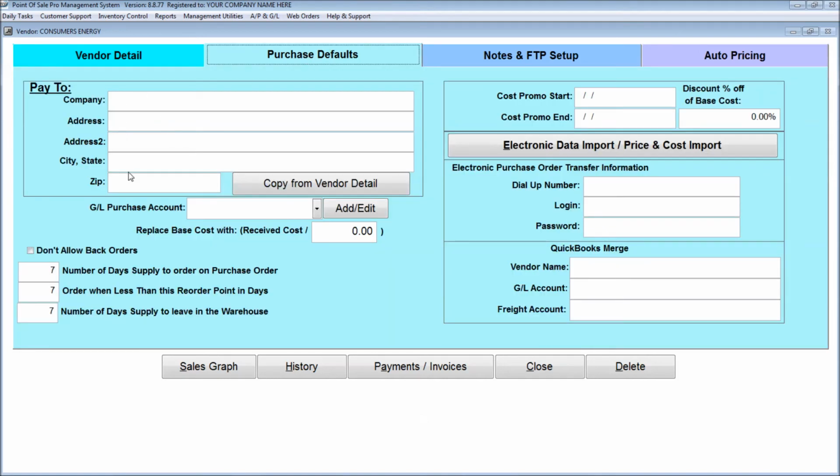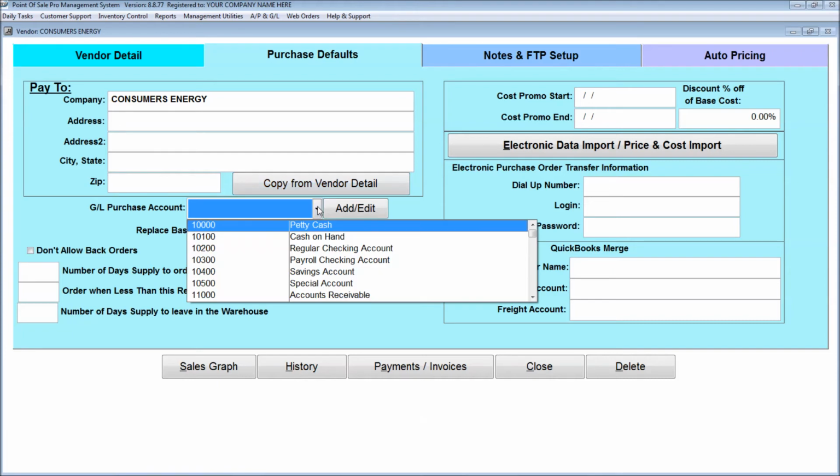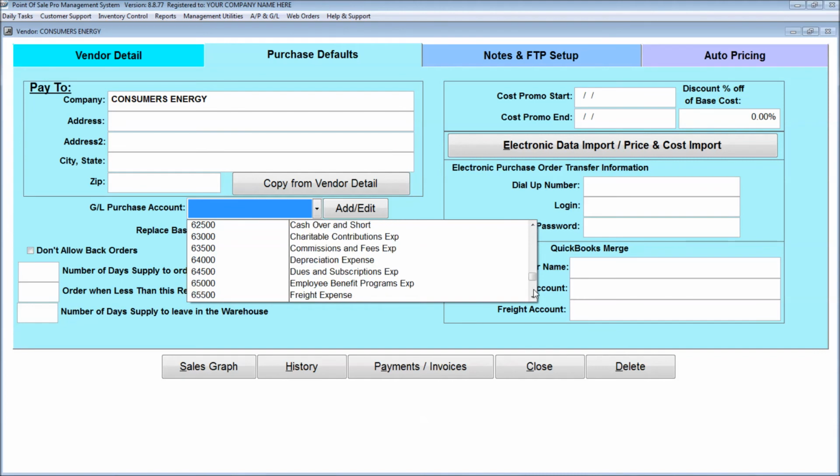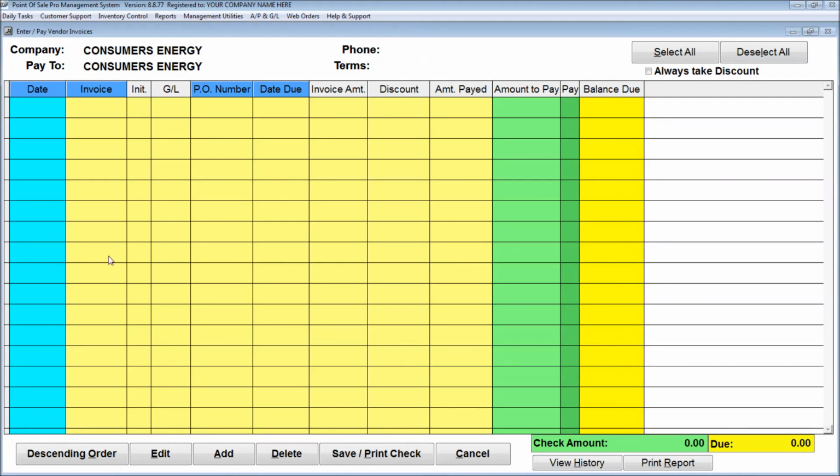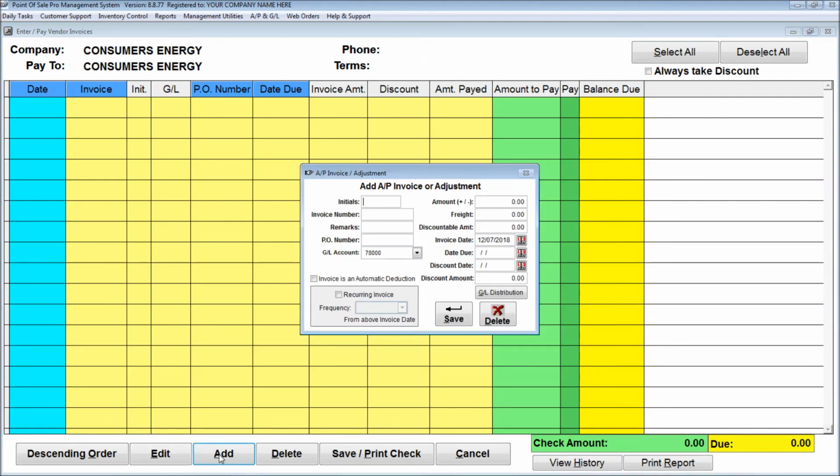Here it would show what the purchase defaults were. I copy this from my vendor detail. It would have copied all that information. What default general ledger account this goes to, and we'll go down to an expense account and say this is utilities. Utilities expense. Now I can go to payments and invoices, and I'm going to add a new invoice in here,